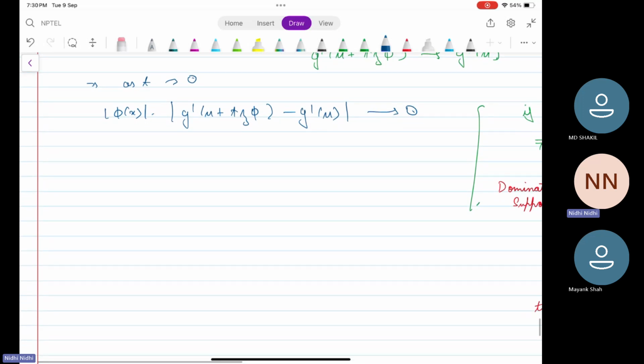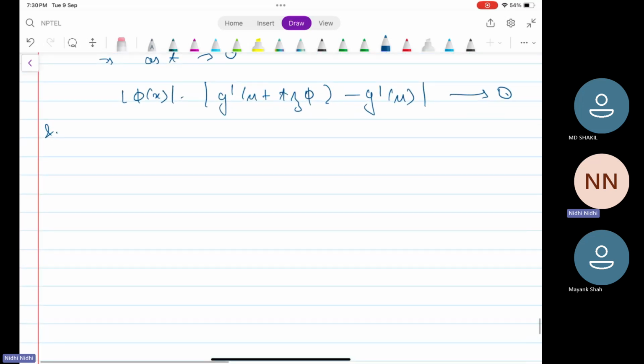So we have |φ(x) g'(u + tφ)(x) minus g'(u)(x)|, which is less than or equal to